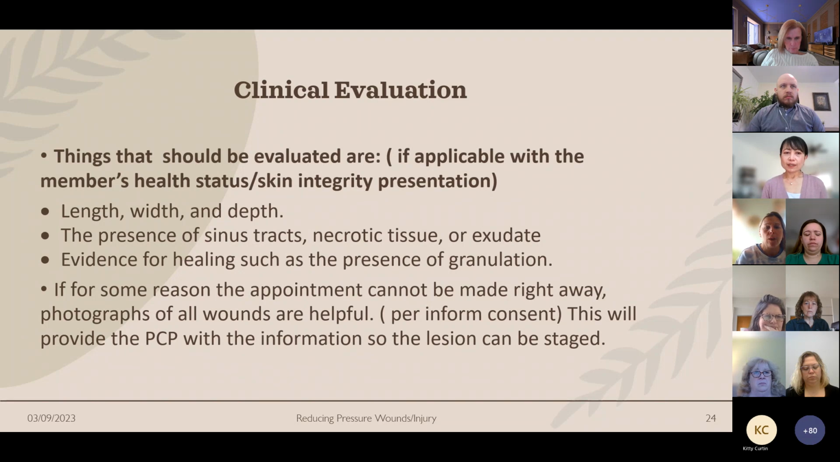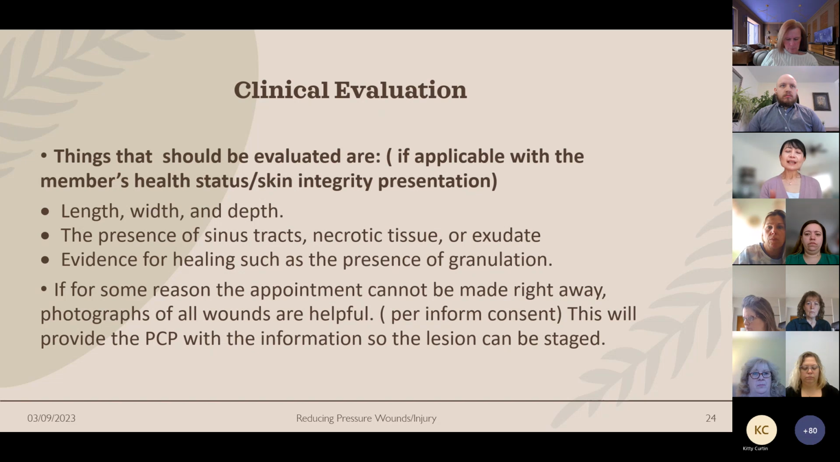Clinical evaluation. Again, this is also for your information, but at least we know what to expect with what we see. Things that should be evaluated, if applicable to the member's health status, are skin integrity presentation. We can see the length, the width, and the depth when we look, right? We do not do hands-on. When we do the home visit in person and look at the person, maybe we can see this. The presence of sinus tract, necrotic tissue, or exudate, and evidence of healing, such as the presence of